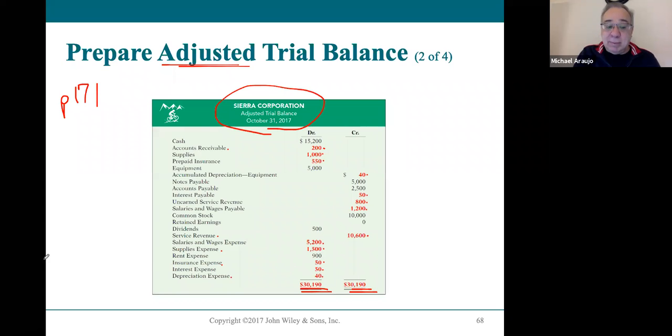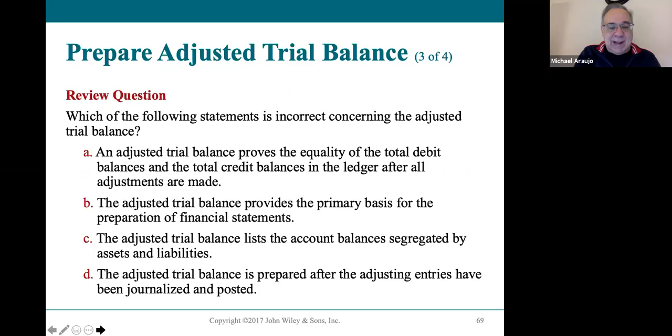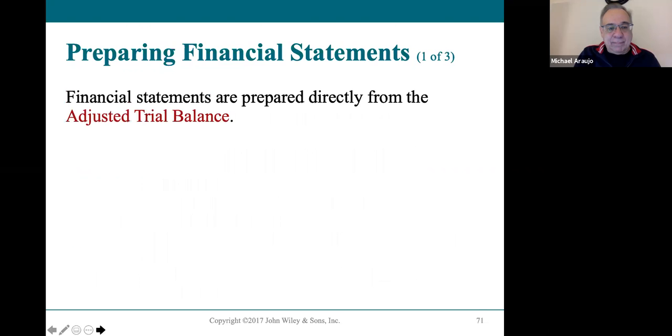And complete. So now we can prepare financial statements. We prepare the financial statements from the adjusted trial balance. This is where we get our numbers to do our financial statements. So of course, the very first financial statement we do is,